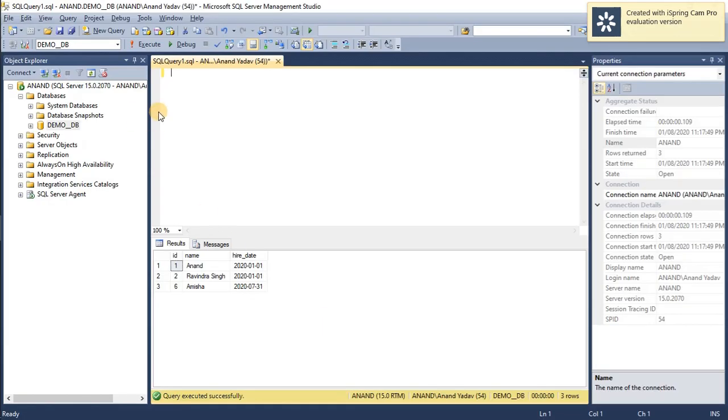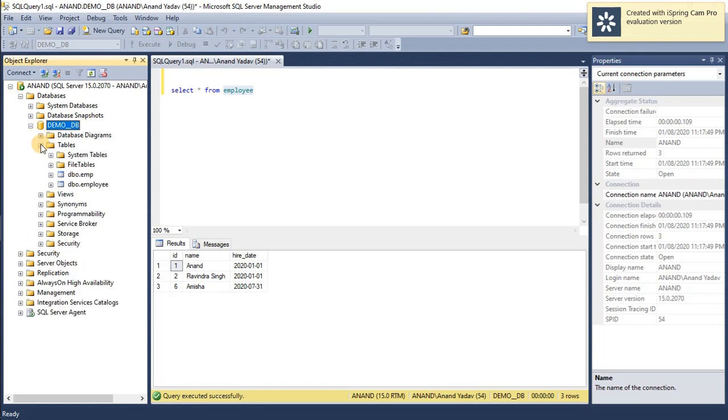Yes, so we are here in our demo DB, and we have our table employee created, so let's see how this will project. This is very simple. Select star from employee, where select is a keyword, and this star, somewhere it is called an asterisk, means we are displaying all of the information to the console, and from is a keyword, and this employee is a table that is present in the demo DB. I'll quickly show you. Yes, you can see that the employee table is present here. So I'm just firing this query.